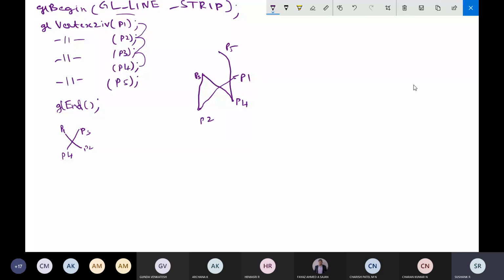So I'll write it like this, and it will be connected. I'll arrange this in the form of a star so that it will be easy for you to understand. The same example, I'll replicate so that you can understand. The first one was for understanding.